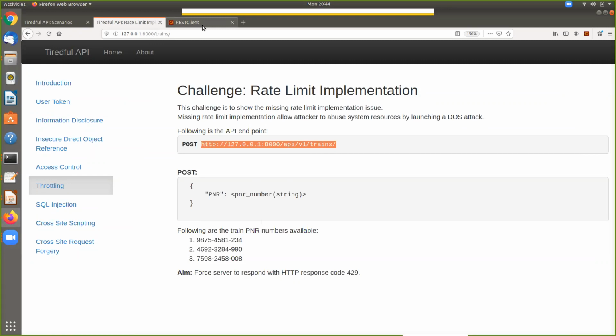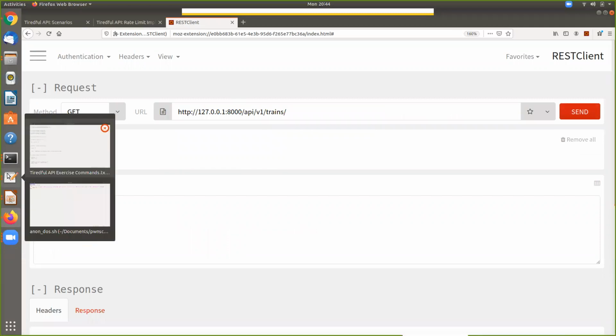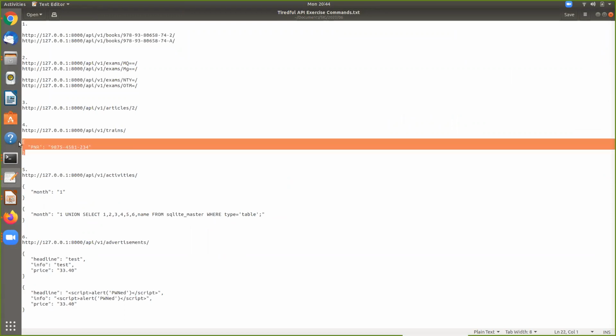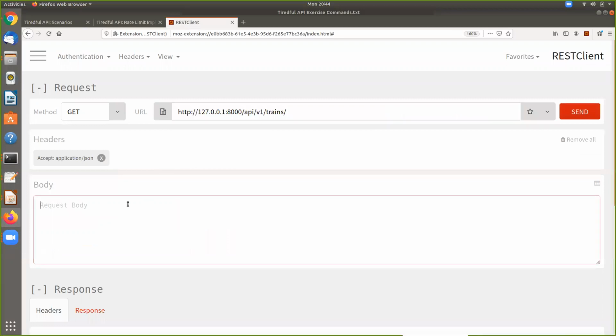So let's go back to our REST API client, and again, our aim is to force the server to respond with HTTP response code 429. I'm going to go ahead and throw this in here. Go ahead and grab the body that we want here. Here's that PNR number. And before I launch this, I do want to show something that I wrote.